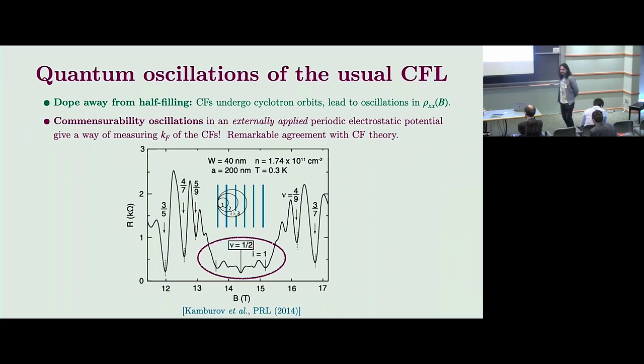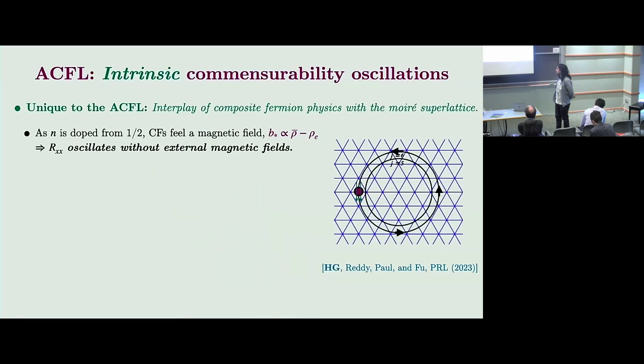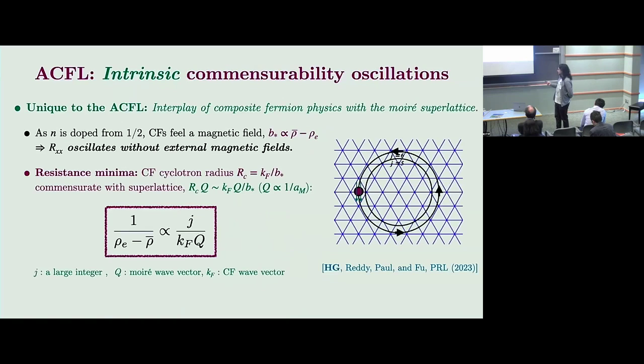But here it has nothing to do with the rational fractions. That's right. At the Landau level, it just has to do with something really geometric. Here it's another set of fractions. But you don't know what those fractions are. It's not obvious what that sequence is. Well, that sequence is given by essentially this formula. The composite fermion wave vector is set by the density at half filling, and this here is the Moiré wave vector. So from this formula, you can deduce what the period is. We have that formula in the paper.